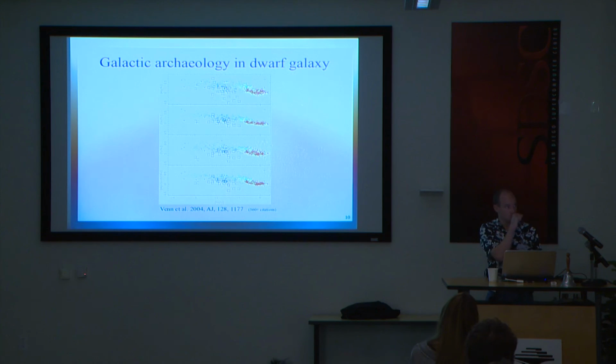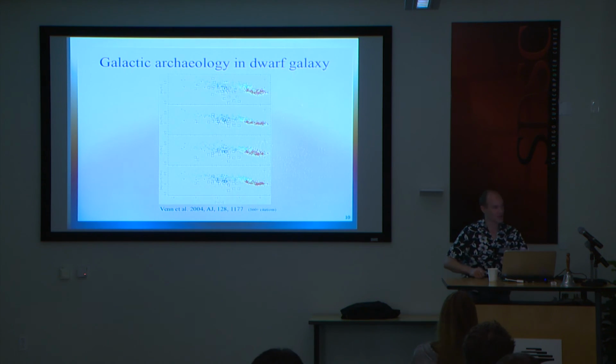And finally, I have another question, this meta question that I asked you at the beginning of your lectures: what can we do with a 30-meter telescope? What I want is the actual distribution of dark matter in these things. I want the nature of the dark matter. I want to know whether there's a core or a cusp in these dwarf galaxies. Can you? I can make an argument for the TMT right now. All right, I'm going to sell you on the TMT. I don't need to because you're at the UC, but